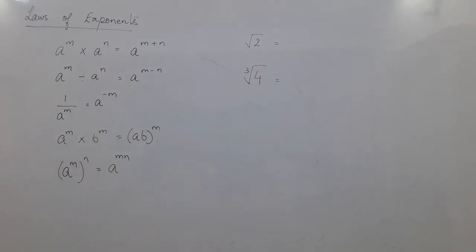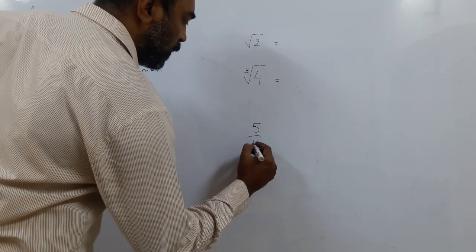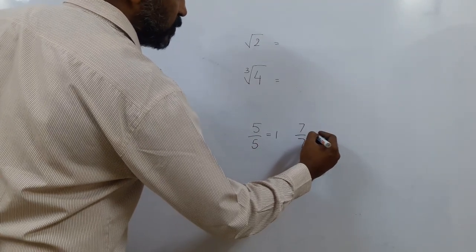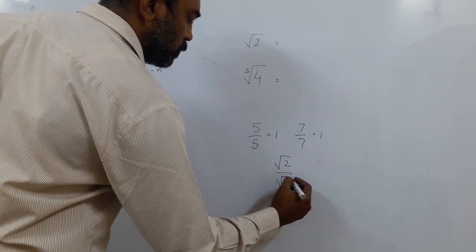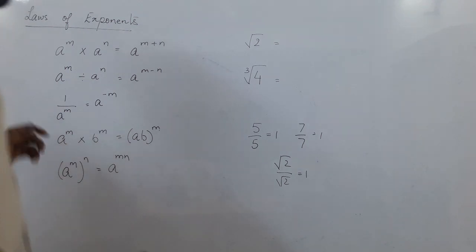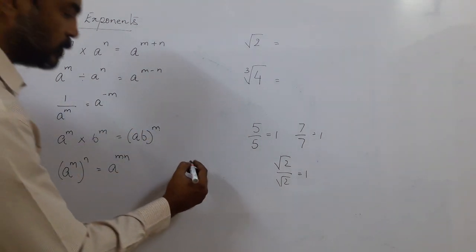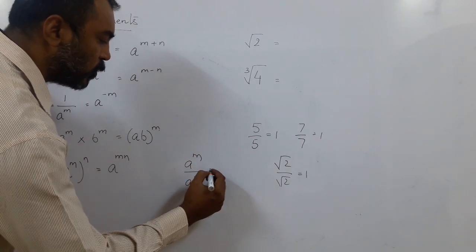Okay, there is one more interesting thing before I touch here. Let us see this one. What is 5 upon 5 equal to? 1. What is 7 upon 7 equal to? 1. What is root 2 upon root 2 equal to? 1. Yes? When the numerator and denominator are equal, it is equal to 1. So a raised to m upon a raised to m should also be 1,